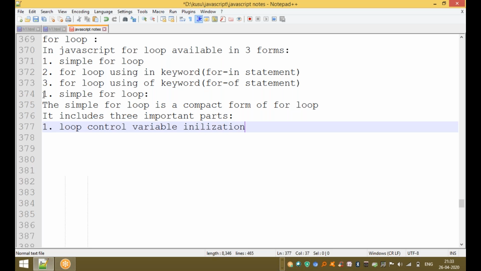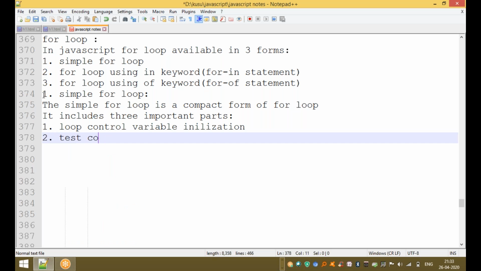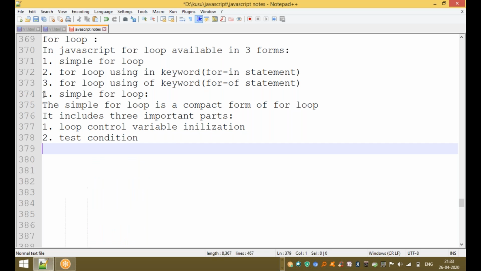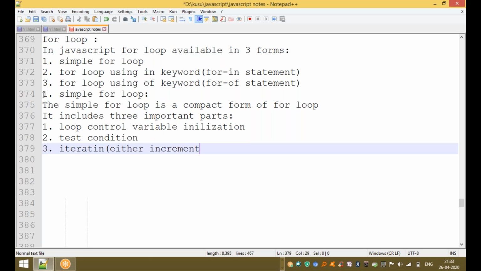The second one is the loop control variable test condition. And the third one is incrementing or decrementing. That is iteration. Iteration means either increment or decrement of the control variable.